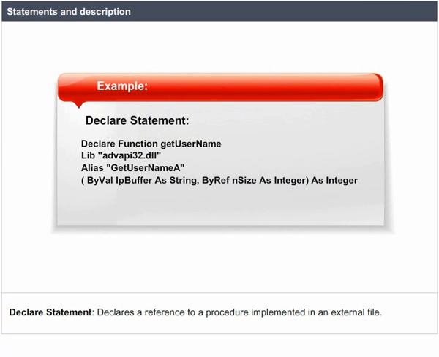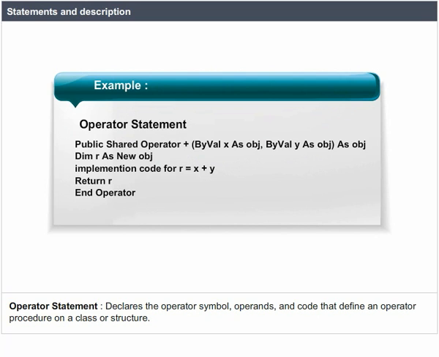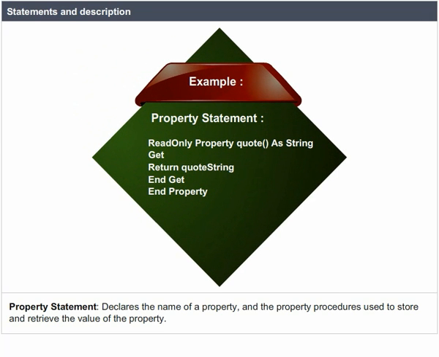Statements and description. The Declare statement declares a reference to a procedure implemented in an external file. Example: The Operator statement declares the operator symbol, operands, and code that define an operator procedure on a class or structure. Example: The Property statement declares the name of a property and the property procedures used to store and retrieve the value of the property. Example: